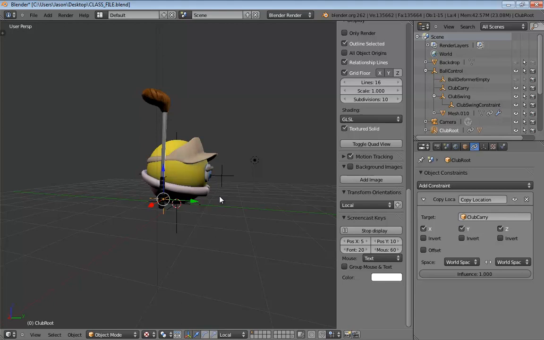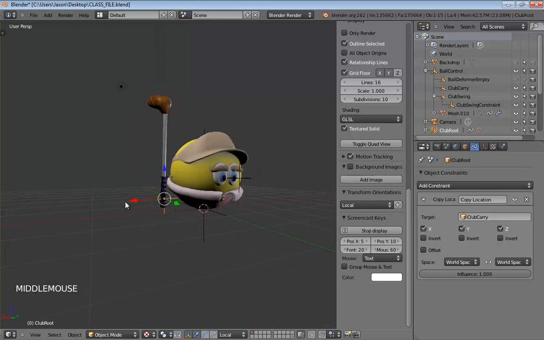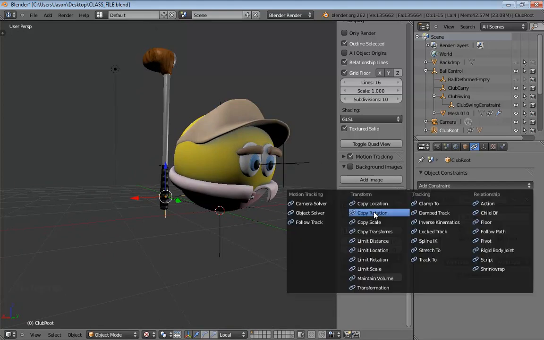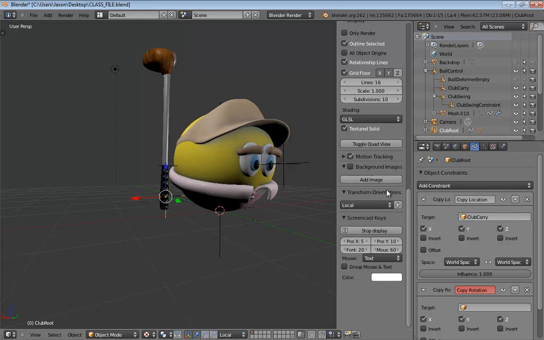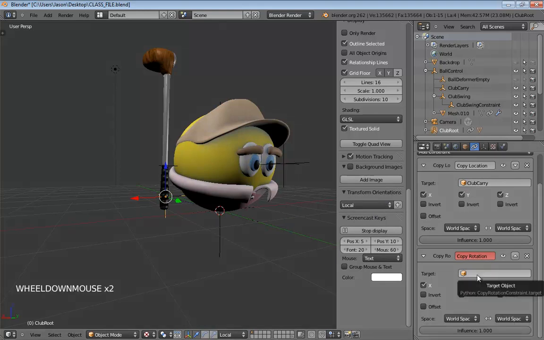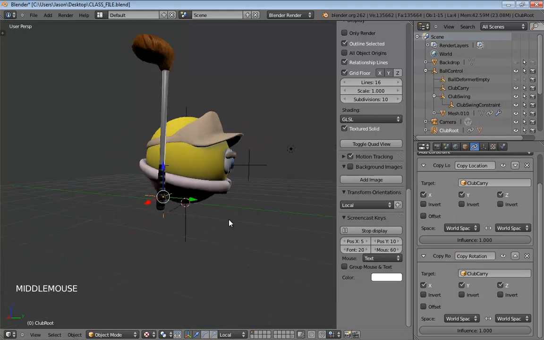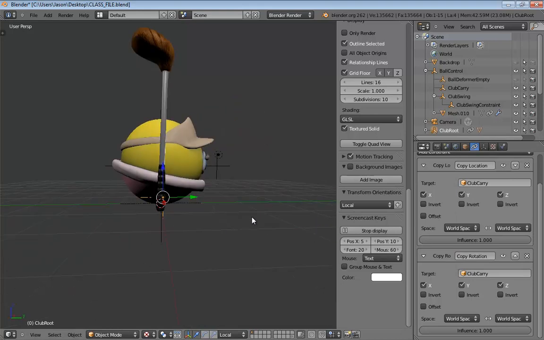Now, we also want to be able to copy rotation. So with your club root still selected, go back over to Add Constraint and drop on a copy rotation. And once again, set your target to club carry. Nothing should change in this case because really there's nothing to change.